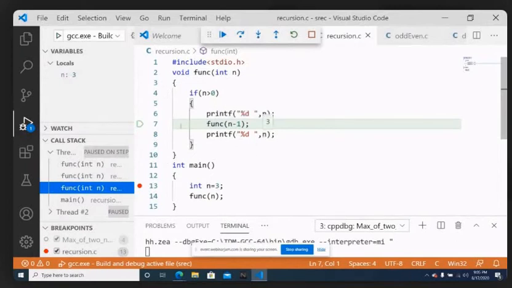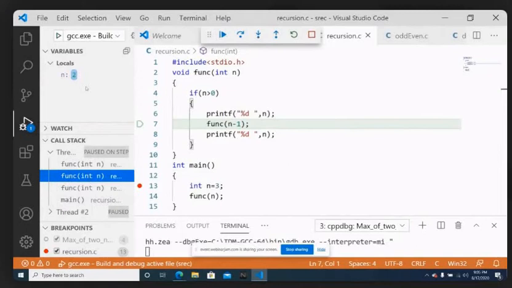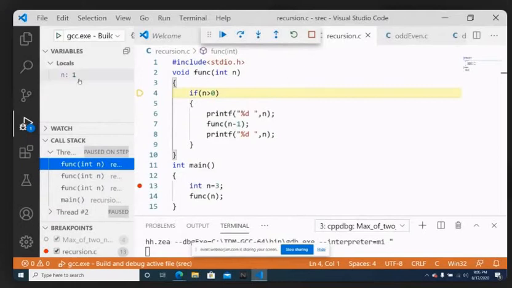That again you will print the n value after finishing the 7th line completely. But because of the 7th line, you have created one more activation area which is having n equal to 2. In that activation area also, the 4th, 5th, and 6th lines got executed, and at the 7th line, the recursive call, again you go to the first line and create a new activation record. So the 8th line is still not executed for this activation record also. I go to the next activation record where n value equal to 1.